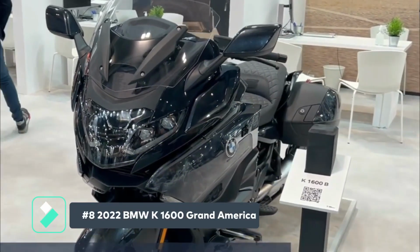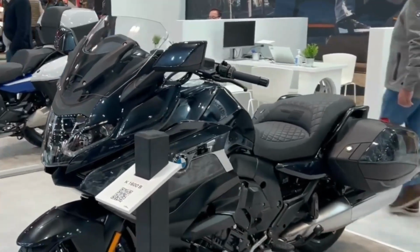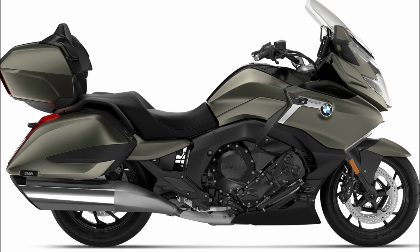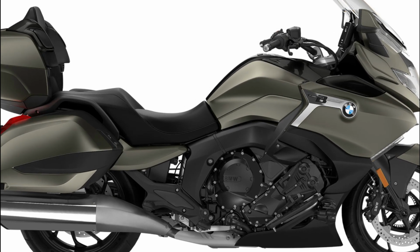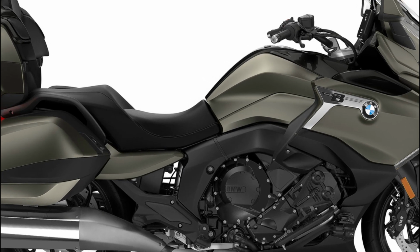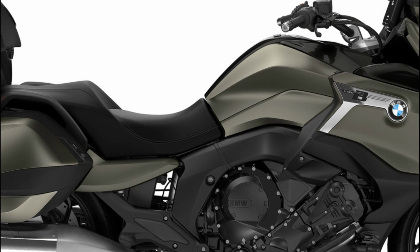Number 8, 2022 BMW K1600 Grand America. Any of BMW's K1600 motorcycles would make the cut for great touring motorcycle, but the Grand America version is in my mind the one to buy. It's a motorcycle that's sporty in the right ways, comfortable in all the right ways, and has some fantastic storage areas and features. The large windscreen and fairing shield you from the wind, and the seat keeps your backside comfortable